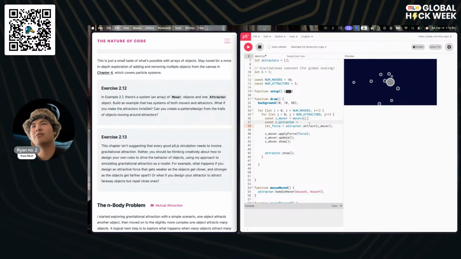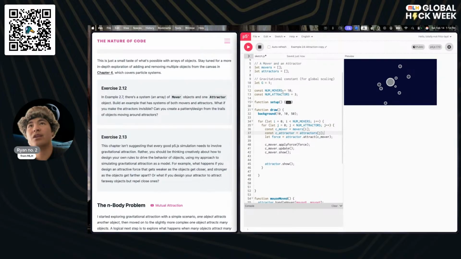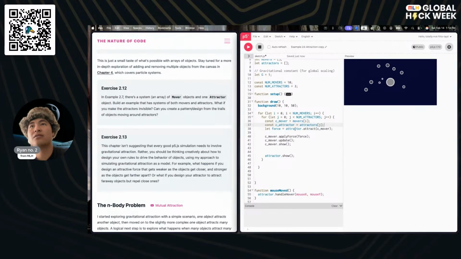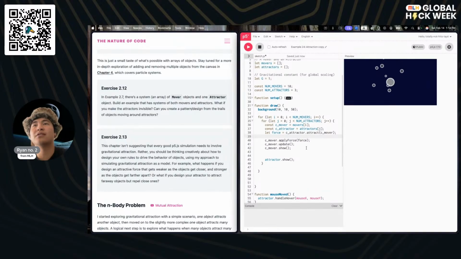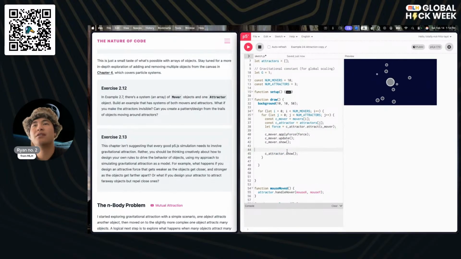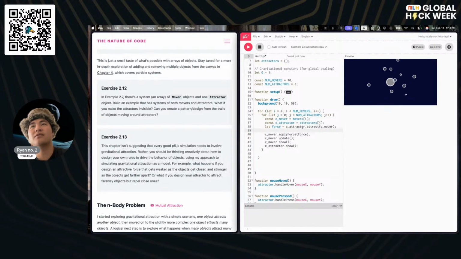And then we're going to pop over here and say attractors, and we're going to set that to J. Okay. Then we're going to just replace everywhere we see attractor with C attractor.